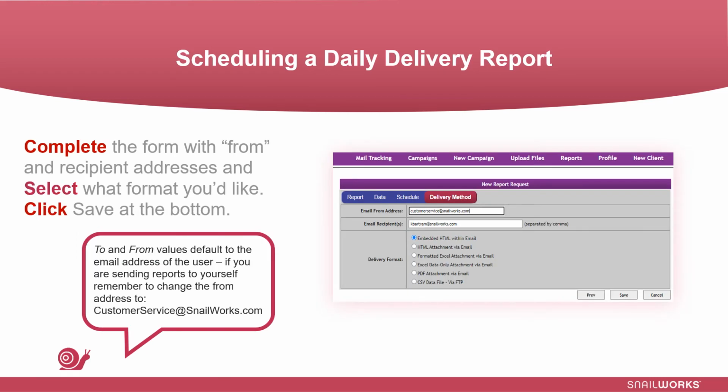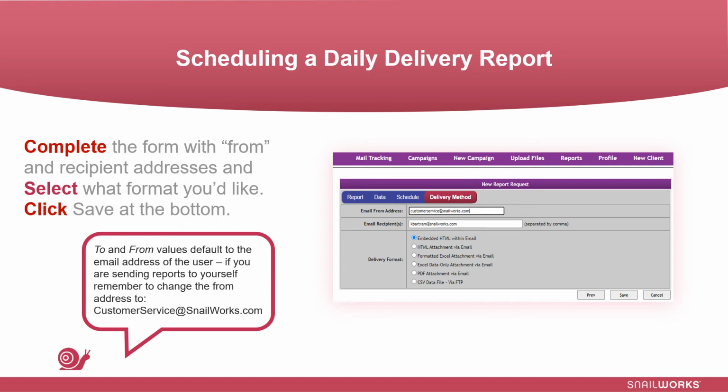And now you'll be brought to the screen that allows you to select who you want to receive these reports and the format that you want the report in. The first field is the From field. Both the From and the Recipients field by default will pull in the user's email address. If you're sending this report to yourself, you are encouraged to change that From field to